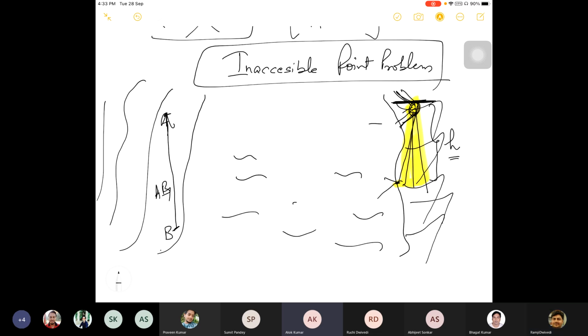सोचिए भाई। आपने A और B कैसे मेजर किया? सभी लोग सोचें A और B कैसे मेजर हुआ? क्योंकि आप A से B को एक्सेस कर सकते हैं। एक्सेस मतलब अगर टोटल स्टेशन है तो टोटल स्टेशन एक स्टेशन पे लगा के रिफ्लेक्टर दूसरे एंड पे रख के आप डिस्टेंस मेजर कर सकते हैं। दैट्स हाउ यू हैव डन इट।